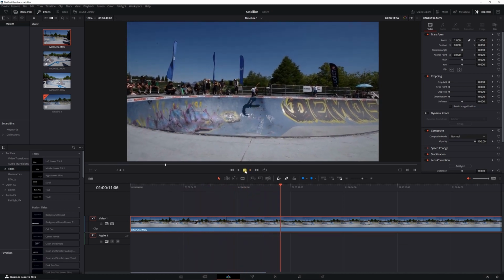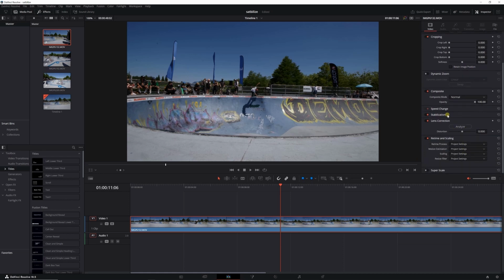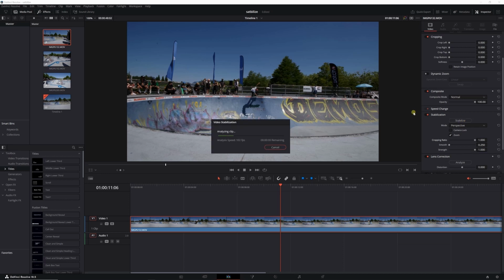What I want to do is stabilize it. So I'm going to go over to the inspector tab here and click on stabilization. Generally I don't want to crop it in too much. The more you crop in, the more it's going to literally crop in on the clip. So if I set it all the way to 1, which is the highest amount, it's going to analyze the clip, and then do its thing. And as you can see, hardly even cropped in. If I play it back,